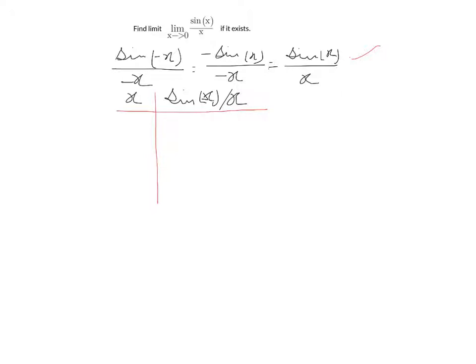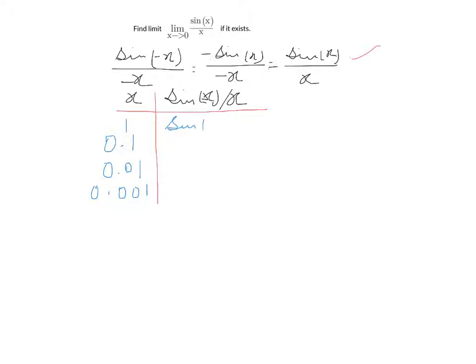As x approaches 0 from the right of 0, that is values greater than 0, we can take the following values. Correspondingly, the x values, this x is in terms of radians,